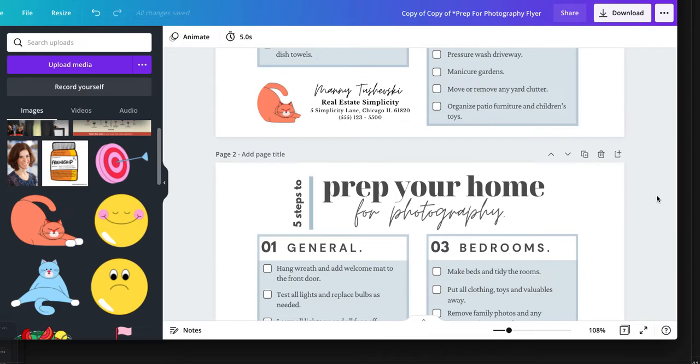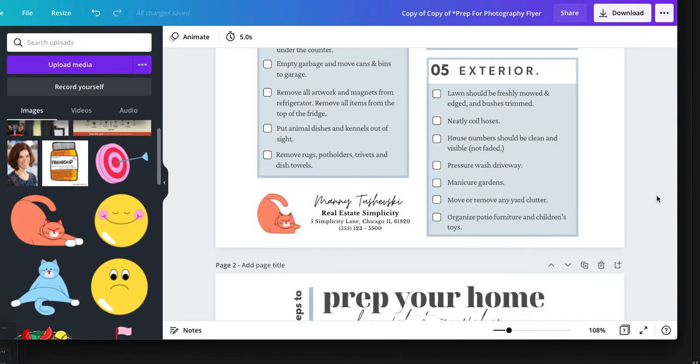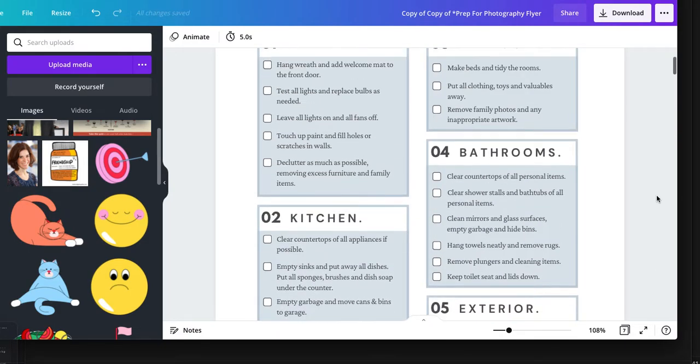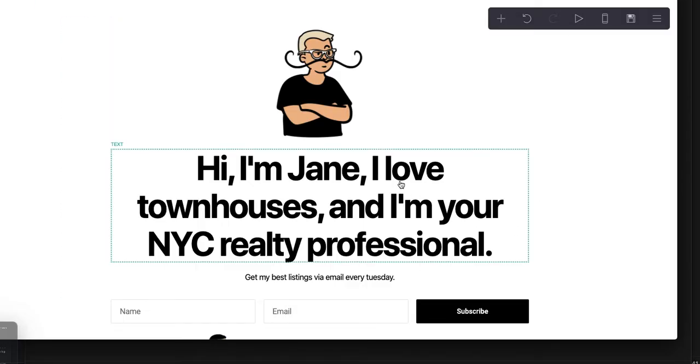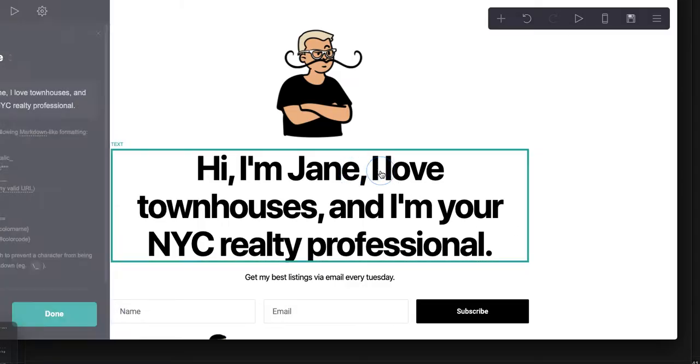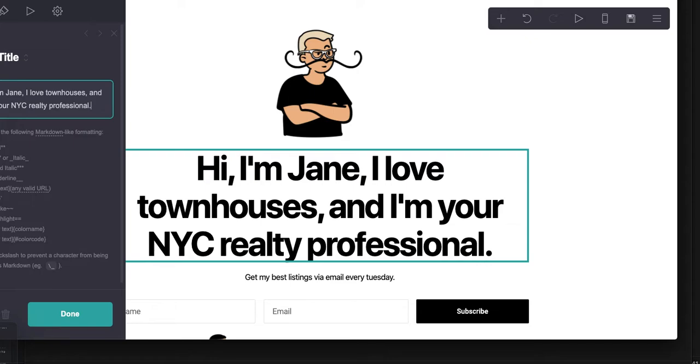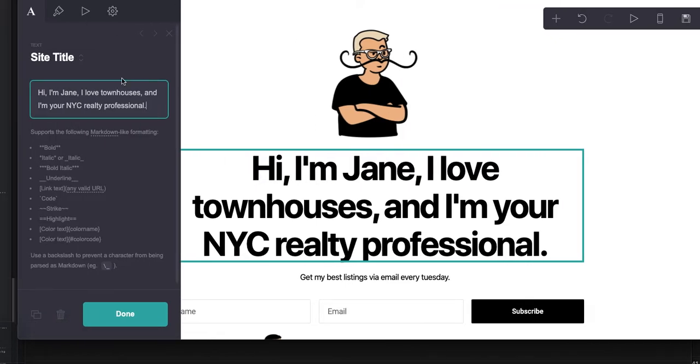So you can say, hey, Manny, are you interested in this sort of PDF or this thing that you can give away to your clients on how to prep their homes for photography? And it has this nice layout. It's a PDF, and you can deliver it to people who sign up for your newsletter, right? So folks would be signing up for this newsletter and getting a copy of